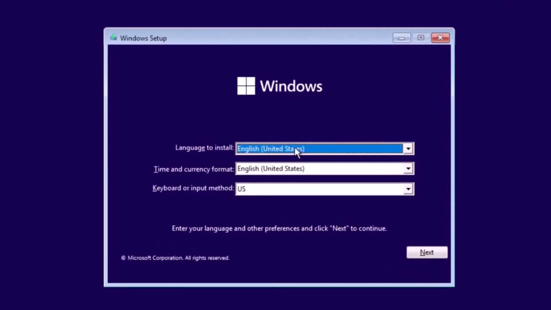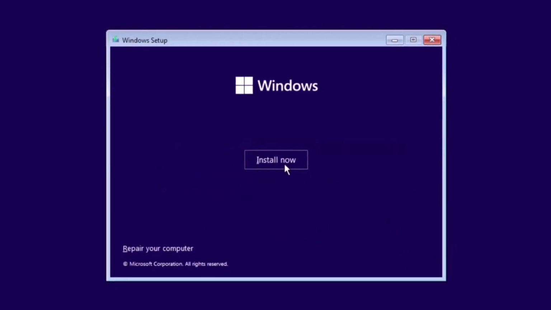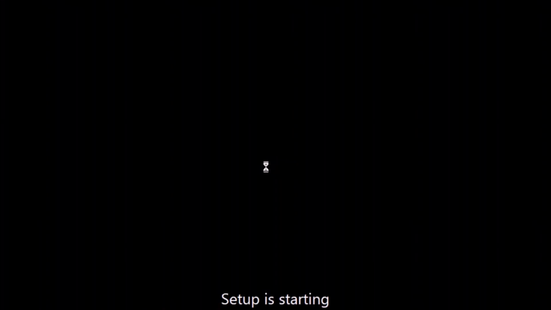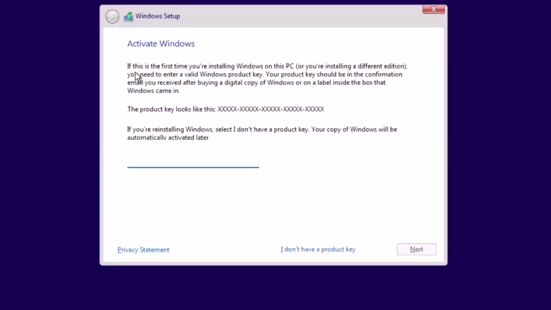You'll be prompted to select your language and region. After making your selections, click Next, then click Install Now to start the installation process. If you're asked for a product key, choose the I don't have a product key option to skip this